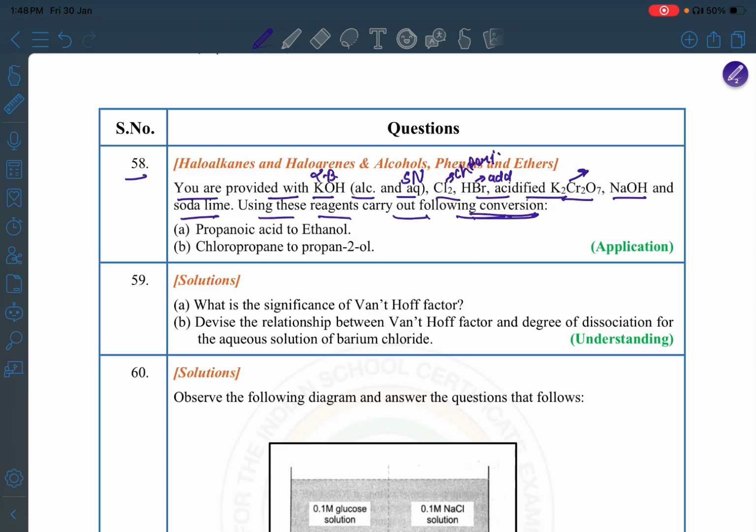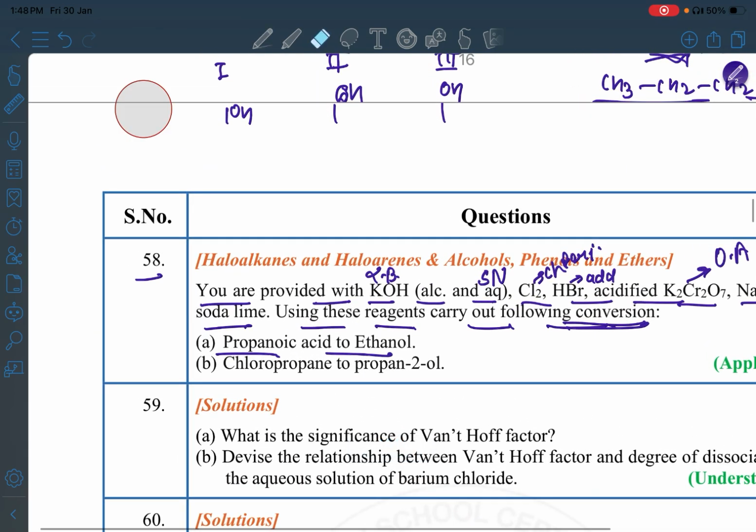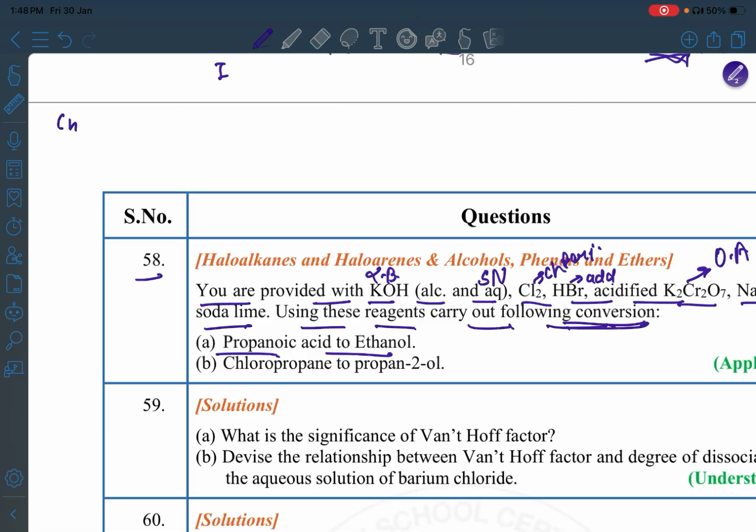Now K2Cr2O7 acts as an oxidizing agent. NaOH and soda lime do decarboxylation. Okay. So we have to convert propanoic acid to ethanol. Propanoic acid is this one, CH3CH2COOH, and we have to prepare CH3CH2OH, which is ethanol. Okay, so firstly we react with NaOH, we get CH3CH2COONa, an acid base